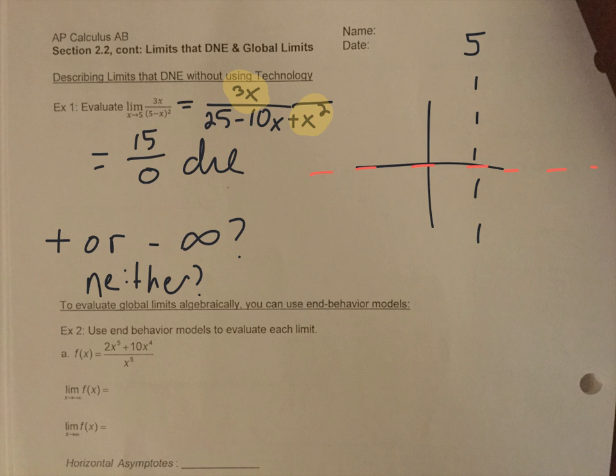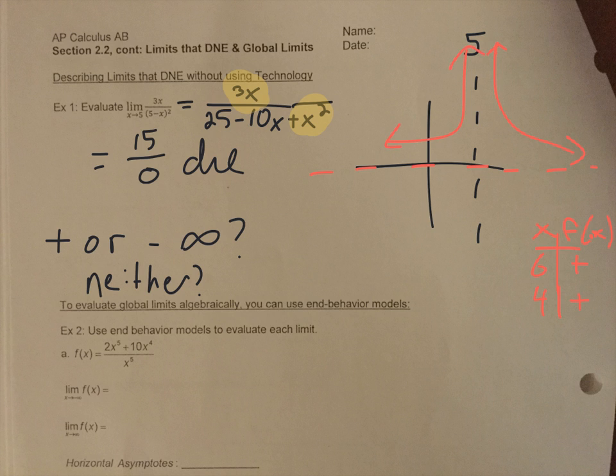Now I kind of know the shape of rational functions in general, but in order to make sure that I figure out which parts go where, I'm going to create a quick table. That says f of x. And I'm just going to pick some numbers on either side of 5 to plug in. So let me plug in 6. If I plug in 6, I get a positive number. If I plug in 4, I get a positive number. So because I'm getting positive numbers above the horizontal asymptote on both sides,